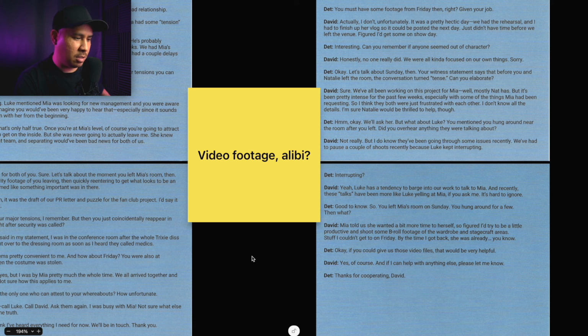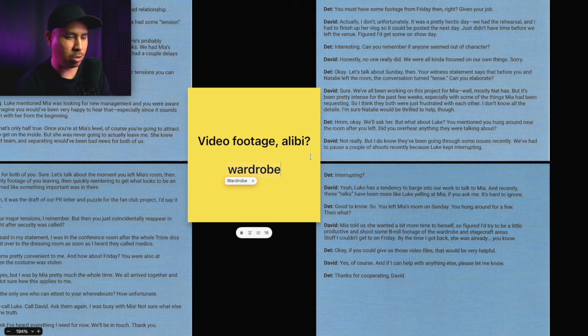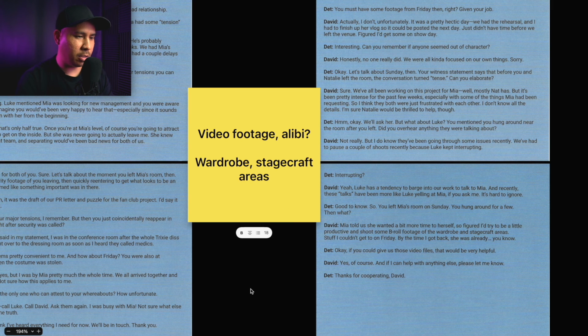Okay, so if he has those videos, that's a pretty good alibi. I'm just going to put that this video footage can possibly be his alibi. We already know Luke is kind of aggressive. We might know why already, but we'll see if we discover it in these new documents as well. There was another thing too. I mentioned these specific areas here. We might have to go back to some of the documents from day one, particularly that map, to see where these are. But for now, let's move on.